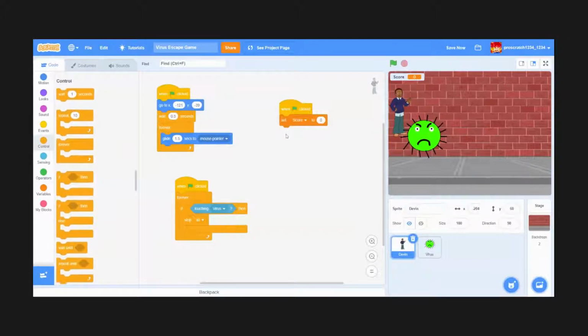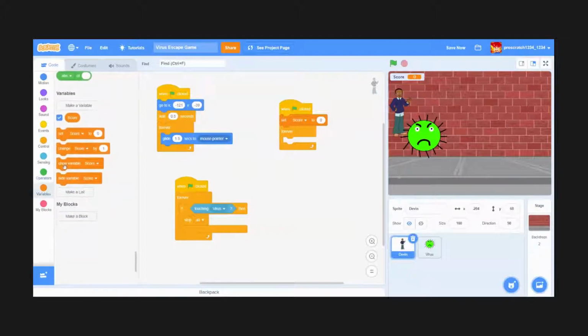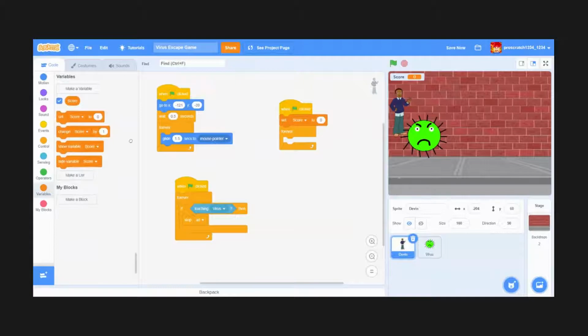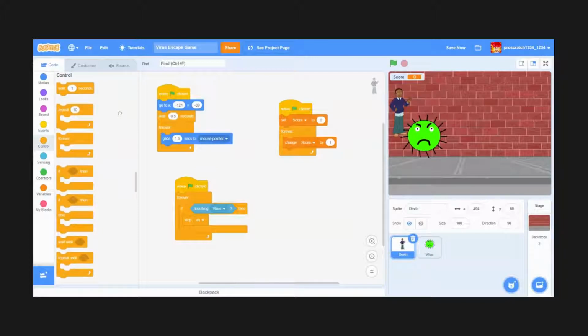that simply, oh wait, I did not drag it. There we go. That simply says that every second it adds 1, or it really depends on how you want it. So it's change score by a specific number. If you want it to increase 10 by 10 by 10 or 1 by 1 by 1, it's completely your option. And then you go to control, and after that you select the wait